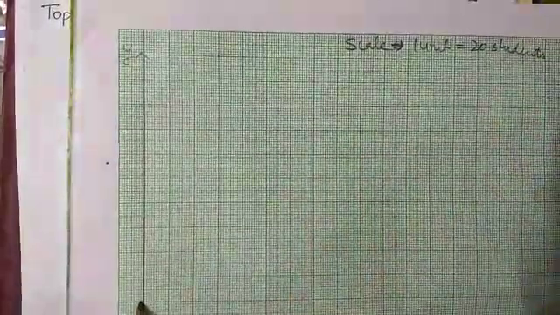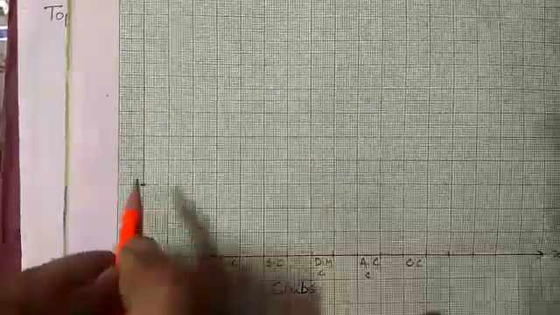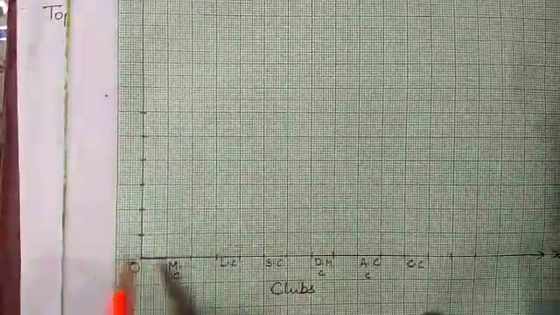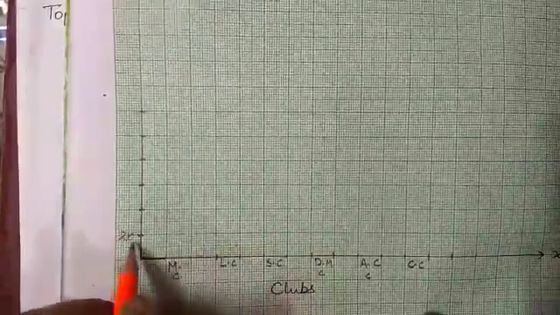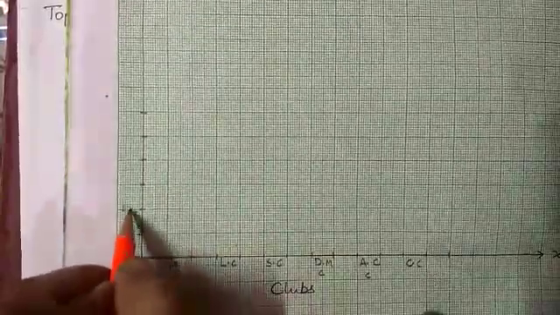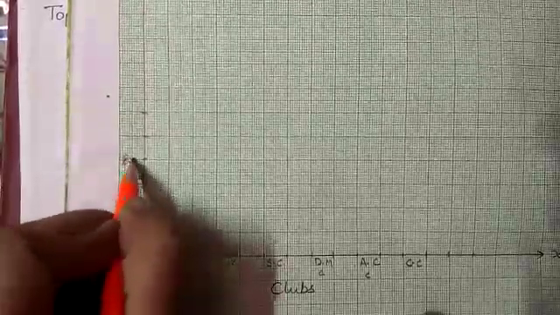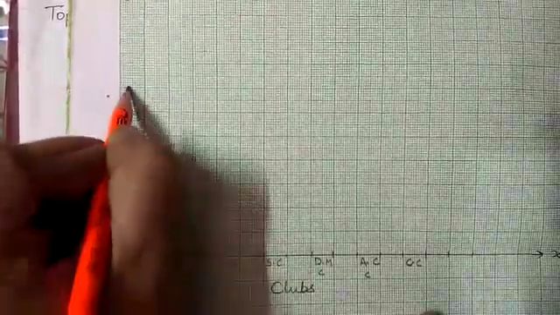Now here I will mark lines like this, and this is my 1 unit, representing 20 students. If this is 20, then 20 plus 20, 40, plus 20, 60, 80, 100, 120, 140,